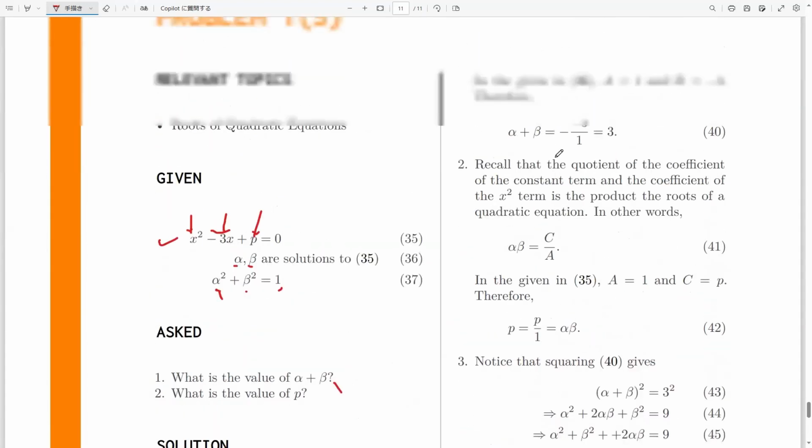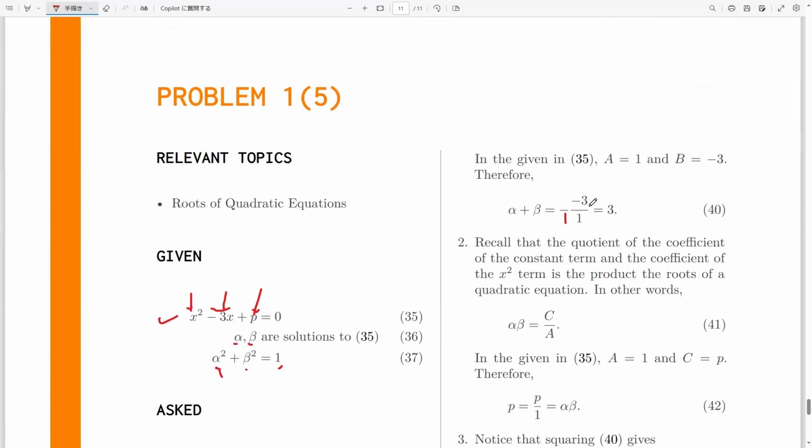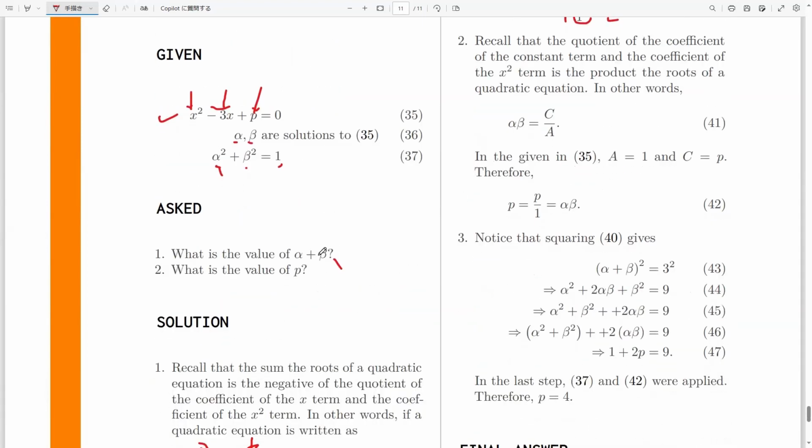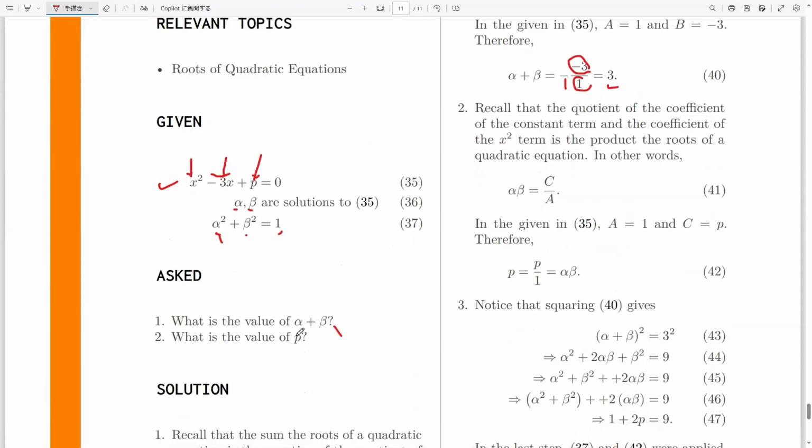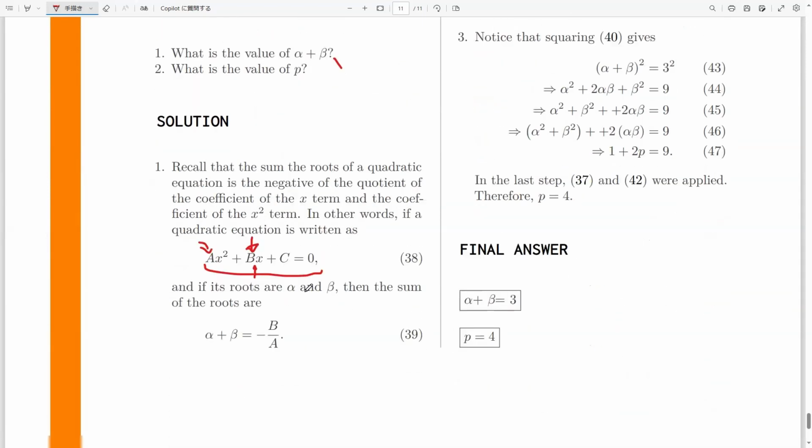So that's negative -3 over 1. And that just gives us 3. And so we know that the sum that we're looking for is just 3. Okay, so alpha plus beta is 3. Now, we want to look for the constant term p. To find the constant term, we also use the following relationship. We know that this term here, the constant term, which is the c in here,